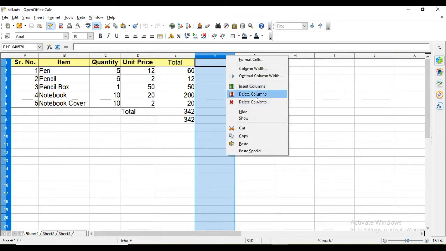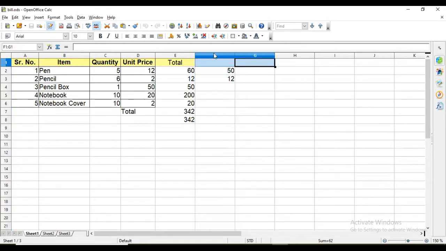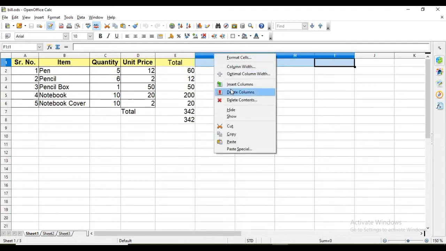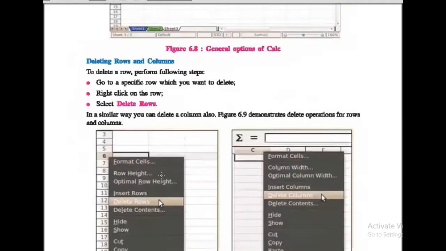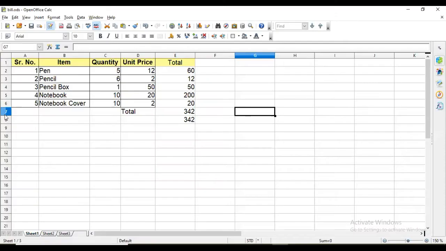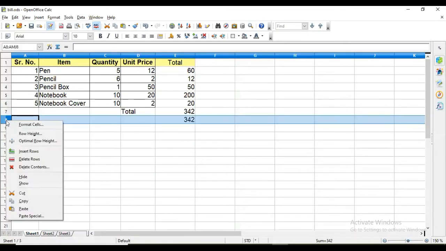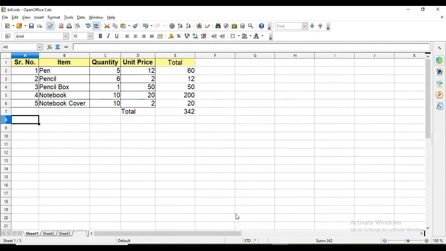You can delete more than one column also by selecting multiple columns like this and then delete columns. Then delete row, same way: select the row number, right click that and click on delete row.